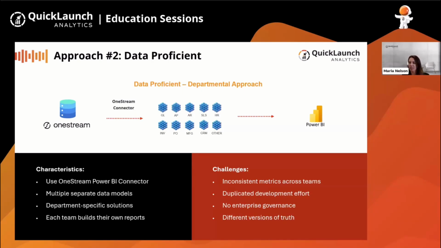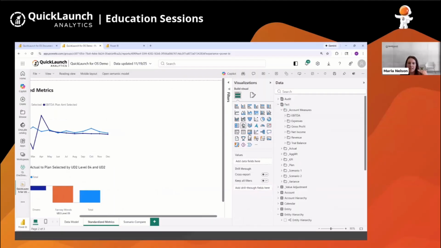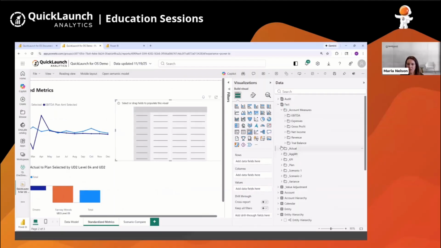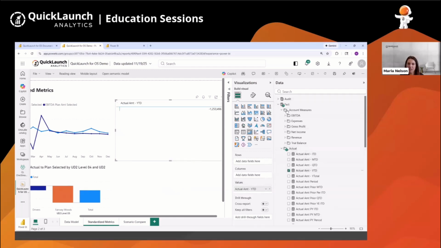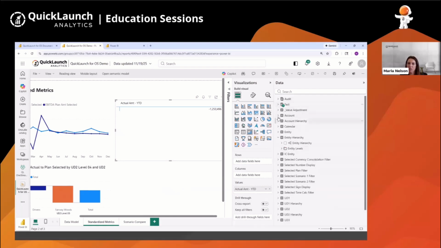And so each team is solving the same problems independently, but they could come to a meeting with different definitions of gross profit or revenue, where I talked about having that awareness of your account science and so forth, and how that's an important component to be able to report on your data accurately across